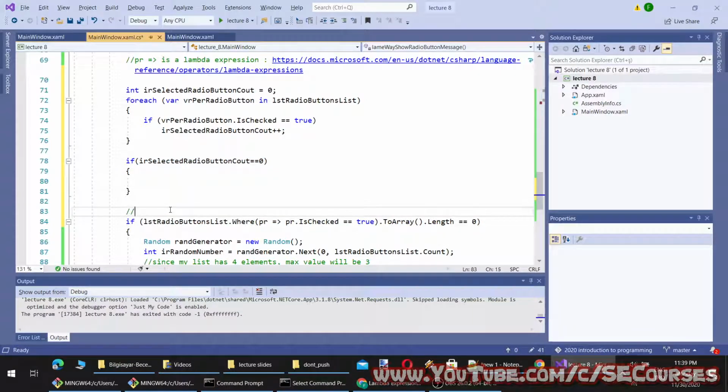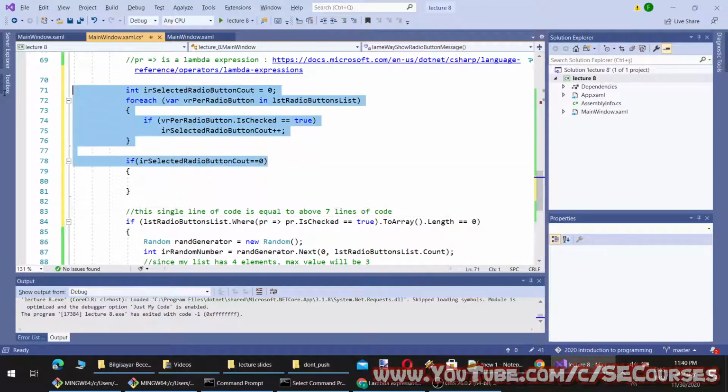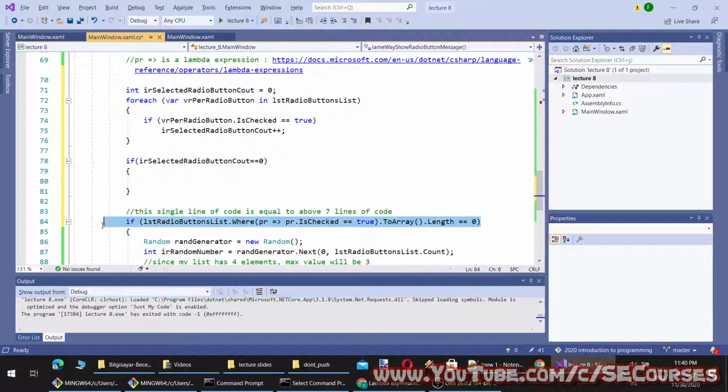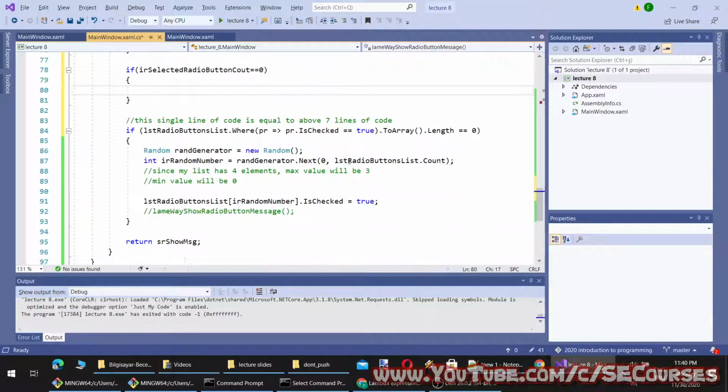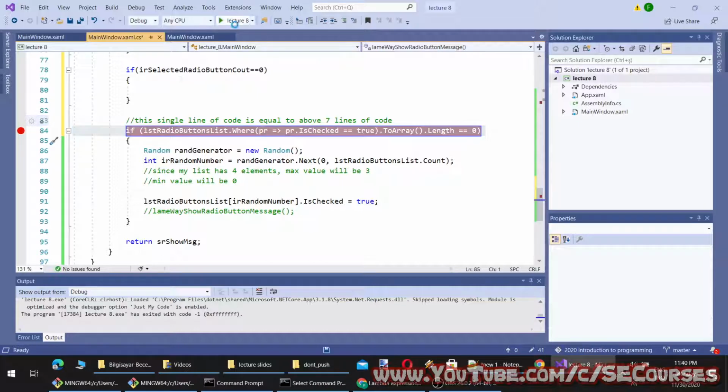So all of this is written inside single line of code here. It is same, they are same. However, this is more efficient way to do it. And by the way, if this is true now, it will enter inside this if statement as well.